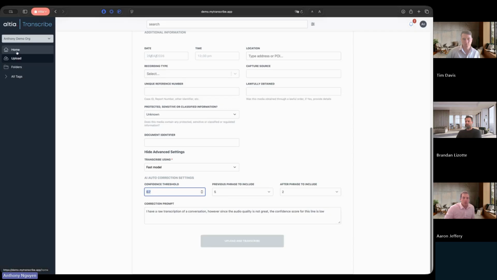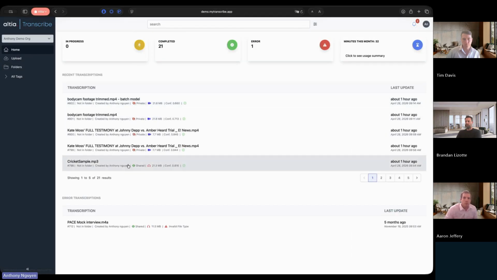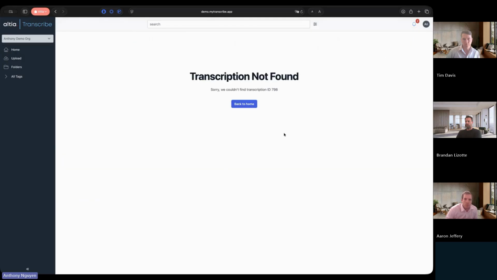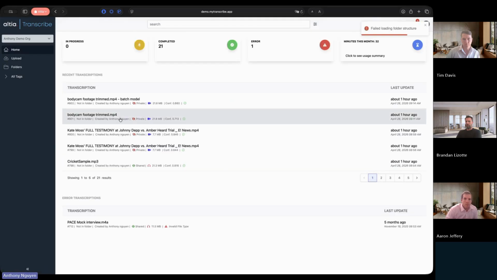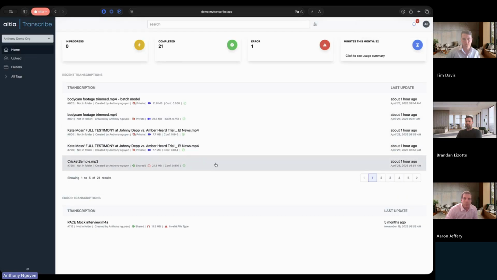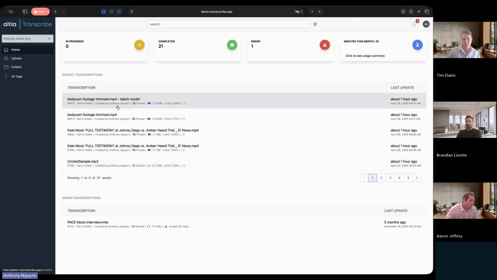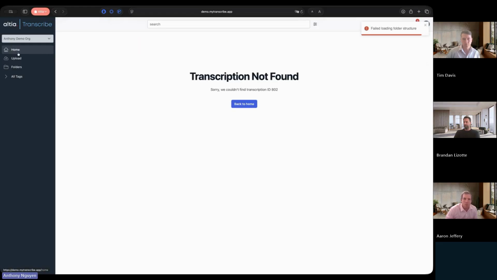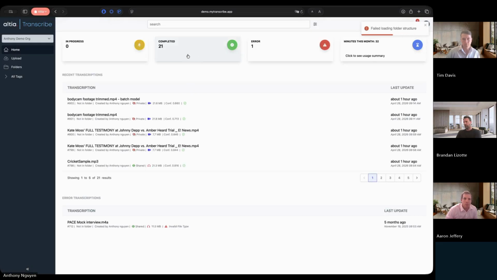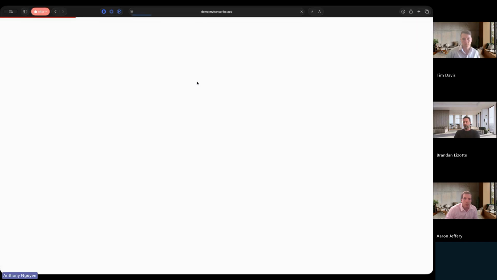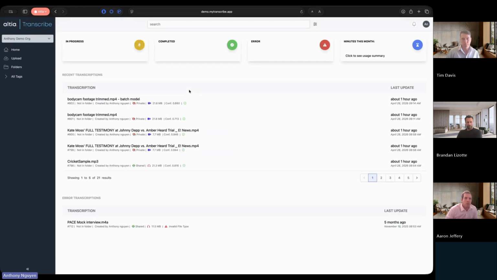So as you can see, when the transcription comes back, for every single transcription that you can click on, let me refresh. But you can see the confidence score for every single line of the phrases that's spoken by